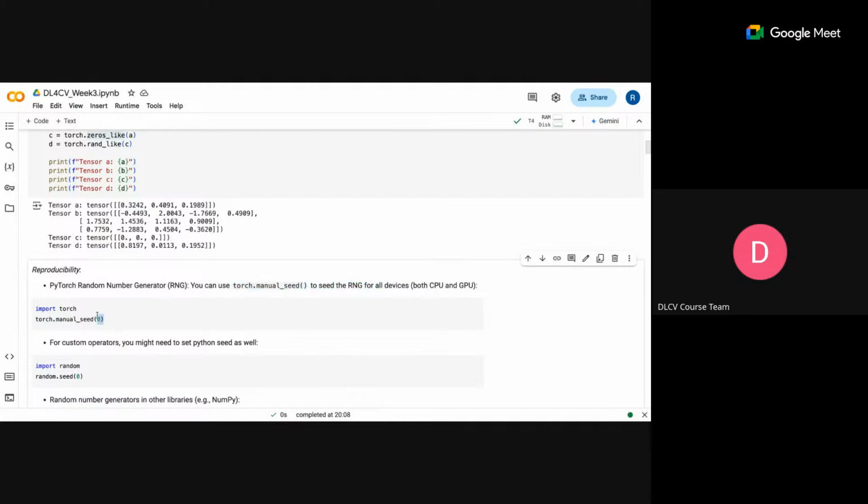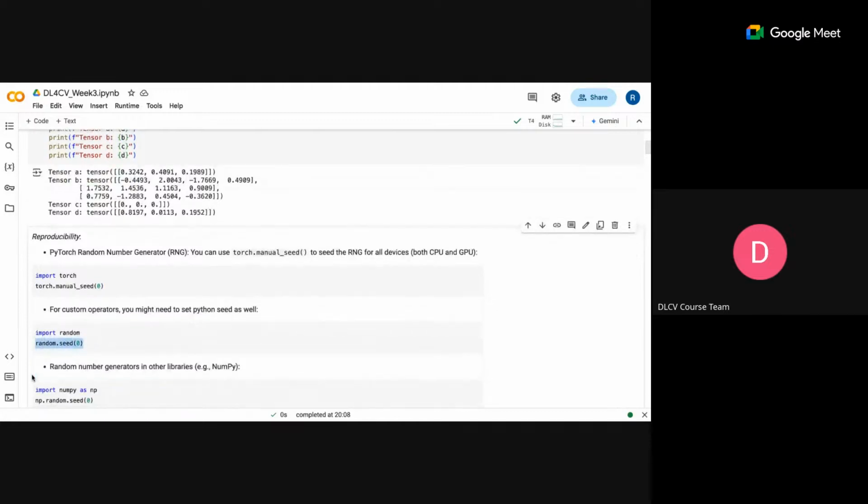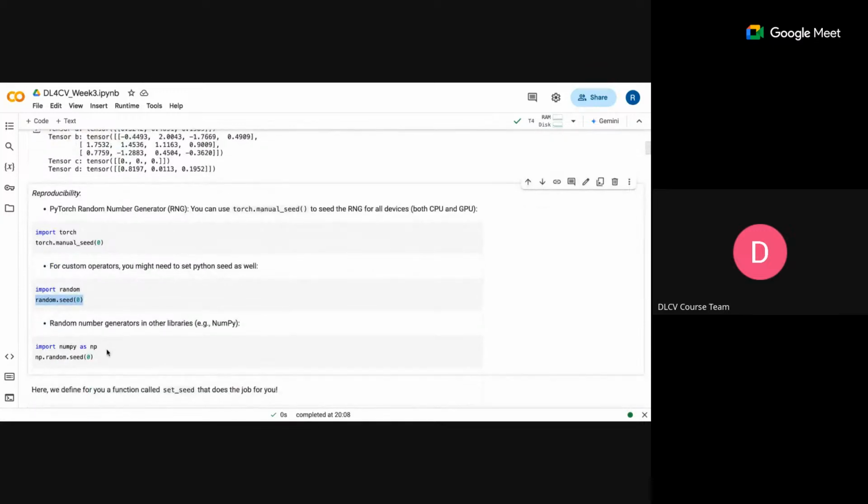So once you set the manual seed, whenever you do the random number generation, it will generate the same random number every time. For the Python custom operators, you can do random.seed(0). And for the NumPy library, you can do numpy.random.seed. So for any code you are running, for reproducibility, you need to set